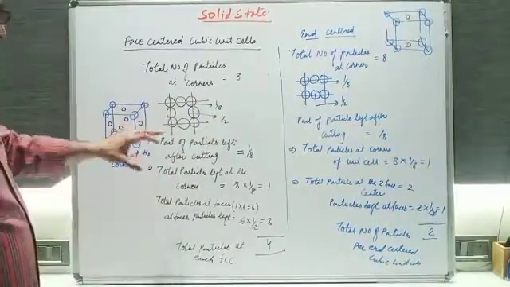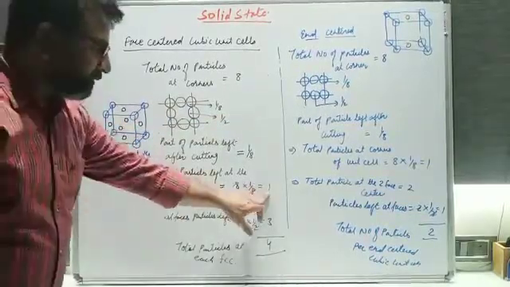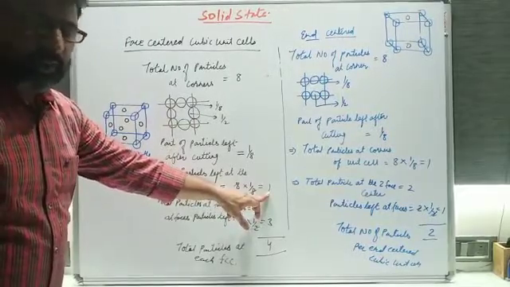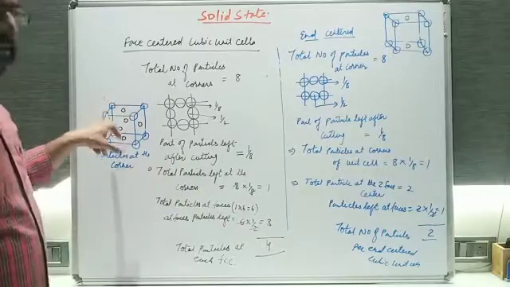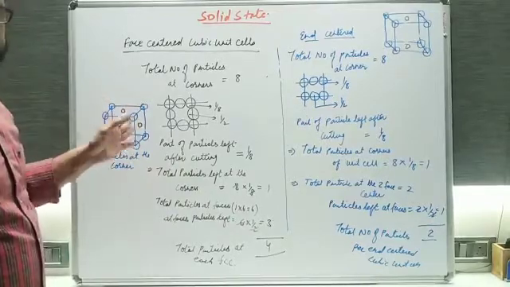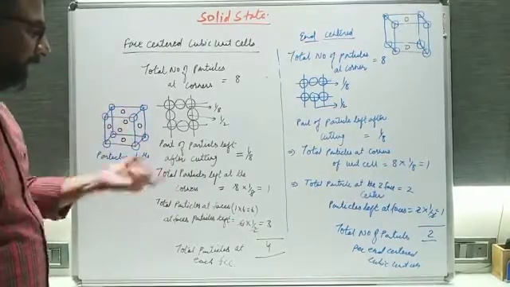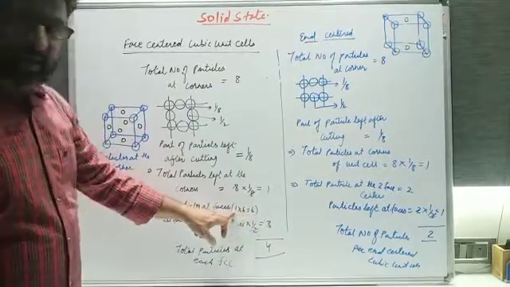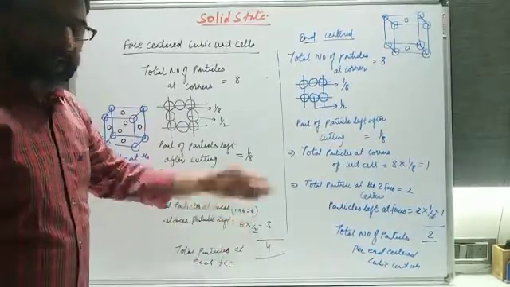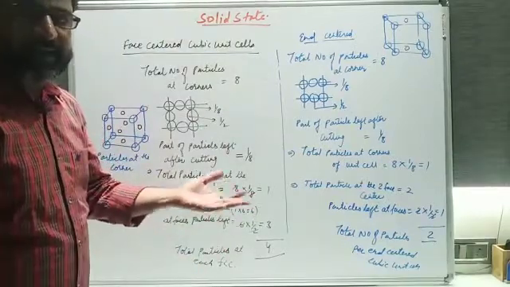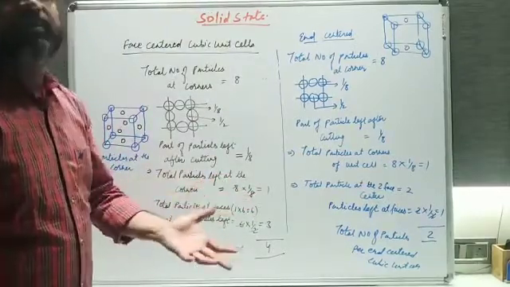Okay, so here this was the first point in which the corner particles have been calculated. Now the second thing is, how many particles are present at each face? That will be 6 faces into 1 particle. The total particles will be equal to 6. So 1 particle into 6 faces. Is it fine? The total particles will be equal to 6. And after cutting, how much portion is left behind? That is half. Understood?